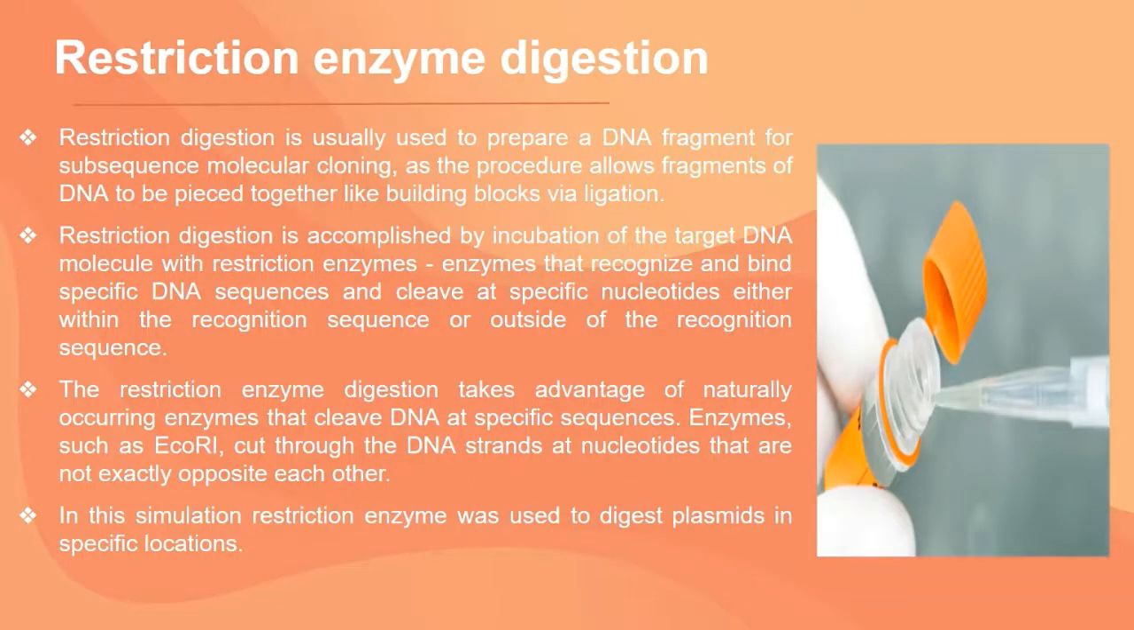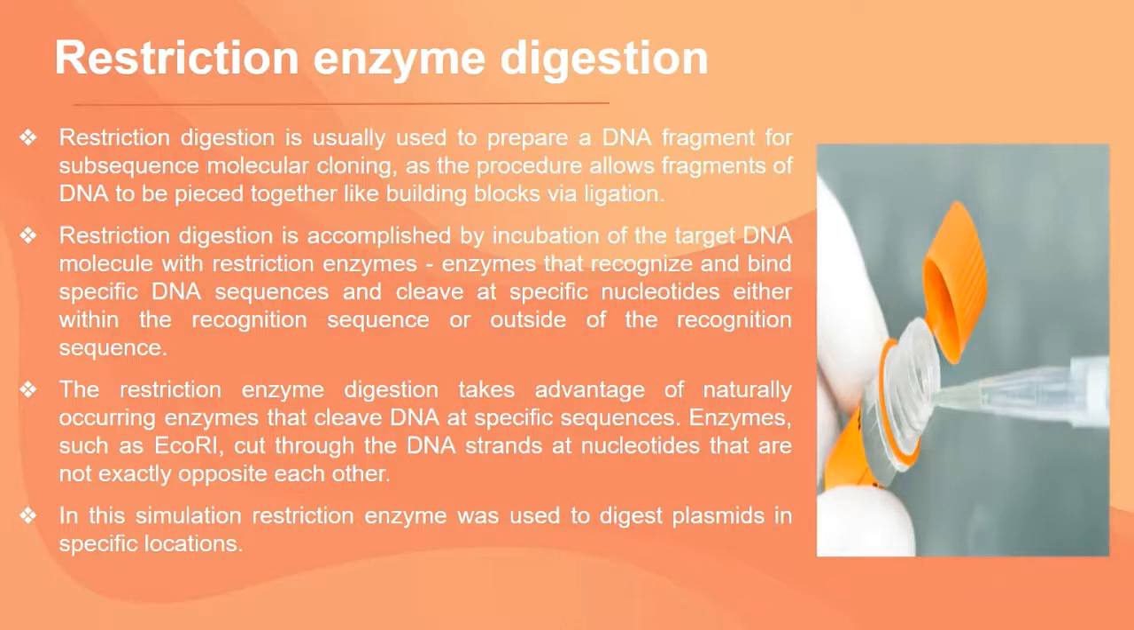Restriction digestion is usually used to prepare a DNA fragment for subsequent molecular cloning, as the procedure allows fragments of DNA to be pieced together like building blocks via ligation. Restriction digestion is accomplished by incubation of the target DNA molecule with restriction enzymes, enzymes that recognize and bind specific DNA sequences and cleave at specific nucleotides, either within the recognition sequence or outside